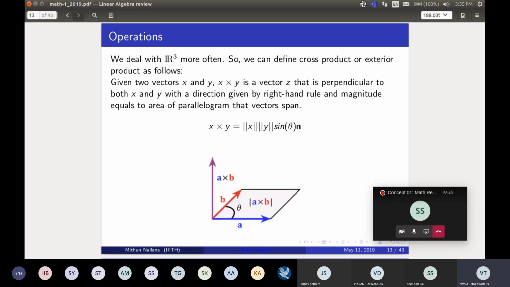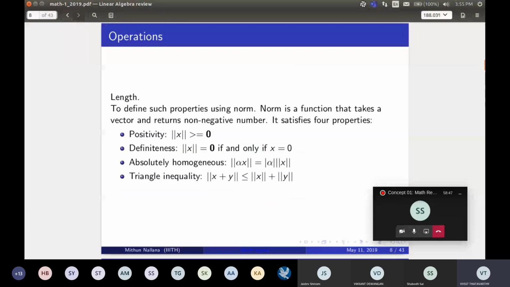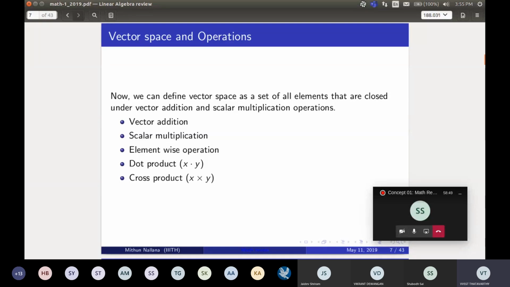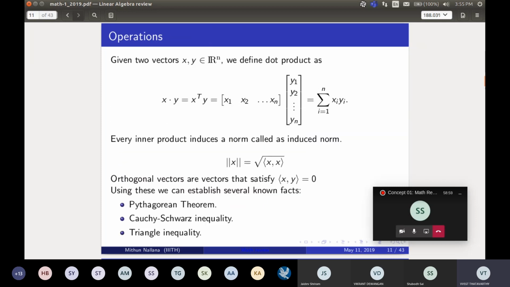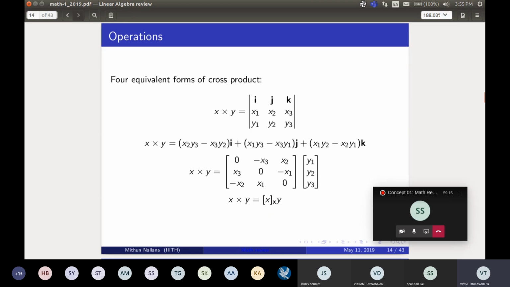And what are the other operations that we wanted to see that can be performed on vectors? So we have seen the dot product. We have seen the element-wise operations like additions and multiplications and homogeneity. Now we come across the cross product. From the vectors point of view, in general, as you deal with vectors in physics, A cross B is defined in this way, which satisfies the right-hand rule, which you already know.